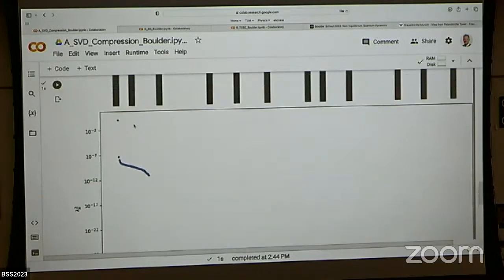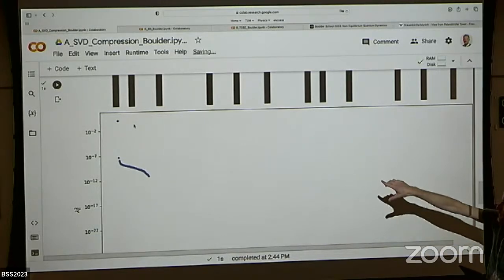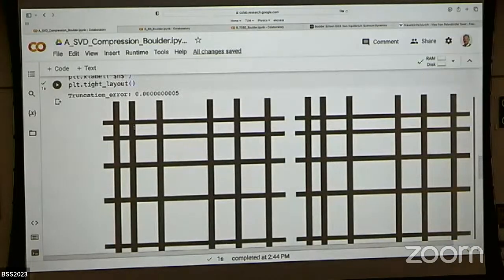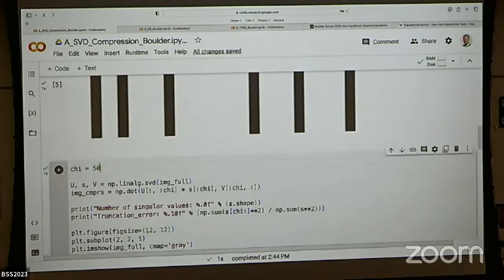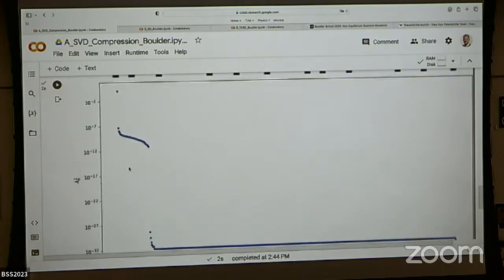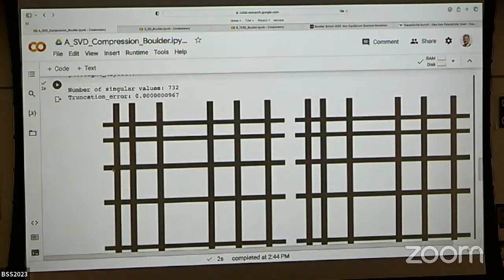But now we see that the Schmidt spectrum looks very different. Now we see that there's only order 1 Schmidt value, and all the others are 0. So we get a perfect reconstruction, but if we just use 1, it's still going to look perfect. So this is like a way to see how much information is contained in art, maybe. In this case, just a single Schmidt state is sufficient to represent the state completely. So this is the analog, or the artist's interpretation, of a product state. So good.